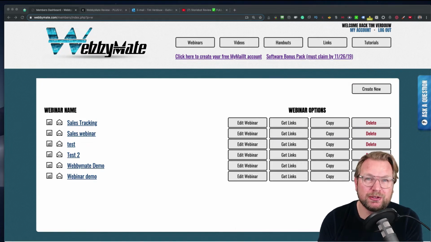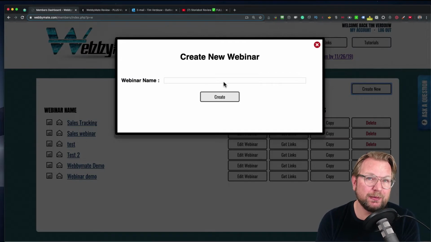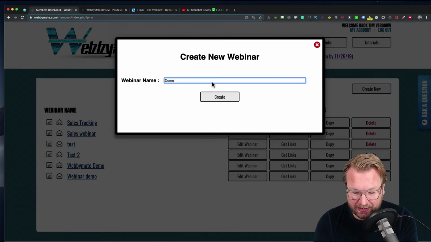But yeah, let me just show you what Webbymate is, what you can do with it, how it works, etc. So right now you can see that I'm logged in to the backend and everything is very simple. Even if you don't watch the tutorials, you know exactly what to do because it's very simple. So in this case, I'm going to create a new webinar. And just to be sure, this platform is to do automated webinars and not live webinars. So I'm going to give you a demo webinar